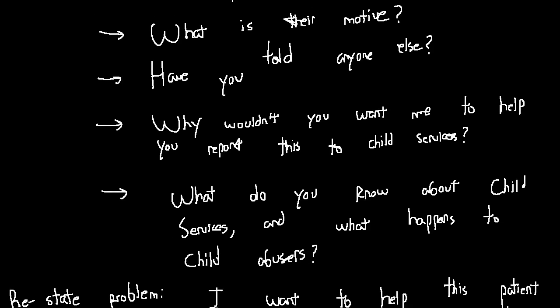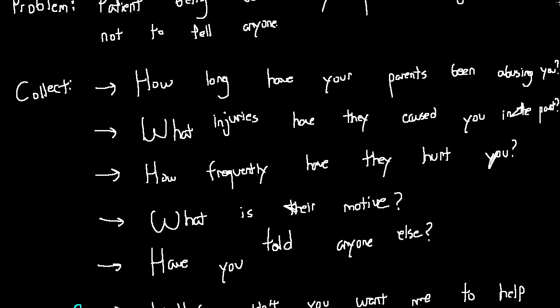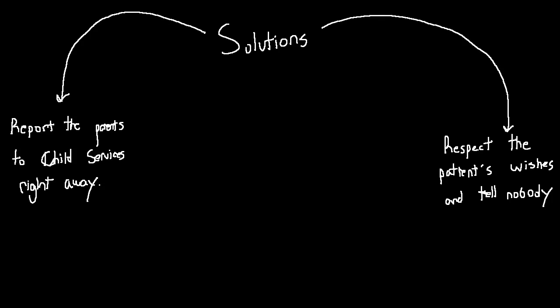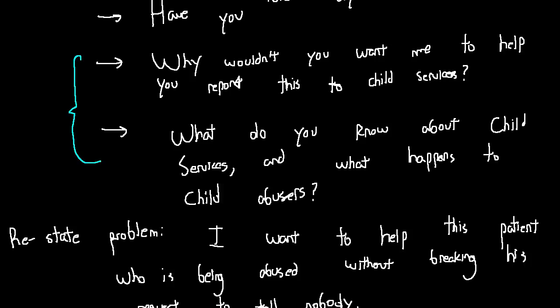Now, we know that, like I mentioned above when I was asking these last two questions, we ask these questions because somebody who has been abused their entire life, and this could tie in to the questions we asked up here, which is how long has this been going on and how frequently do they hurt you, someone who has been abused their whole life may have a different outlook on the world. They might not know what child services are. Perhaps the parents have actually brainwashed the kid, right? They might have told the kid that child services are going to hurt you, or that if you call child services or somebody calls child services, I'm going to hurt you even more. They might have said something like this, right? So it's another thing you might want to ask: have your parents told you anything regarding child services? This will probably be brought up with these questions over here.